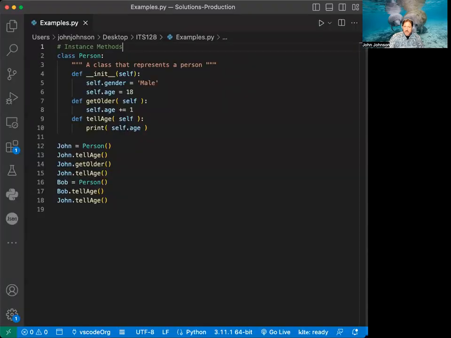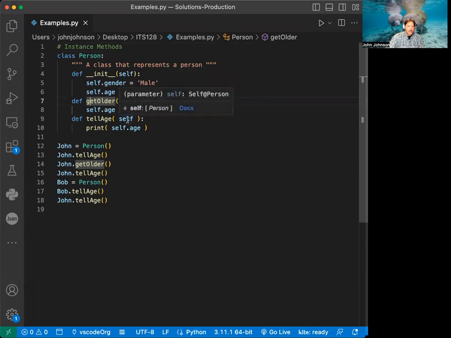So let me open up Visual Studio Code. And we're going to be using the same example from the last lesson because we rather covered a good bit of this actually. So an instance method is a function that's defined within your class. If you'll remember, we defined two functions in the last one called get older and tell age. And we put in self as our first parameter in here. And what that is doing is it's sending in the instance to the